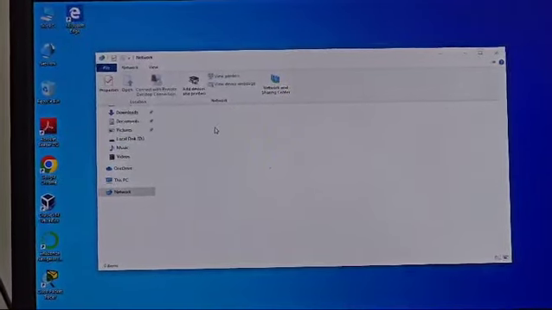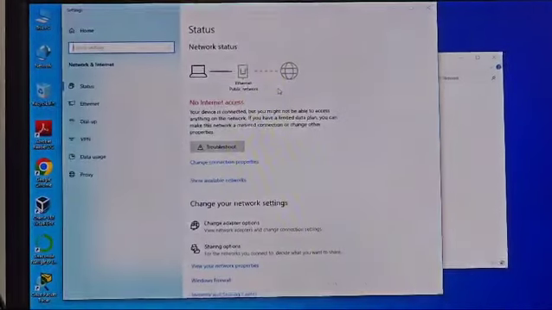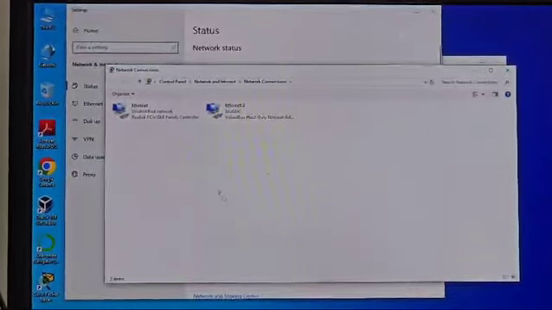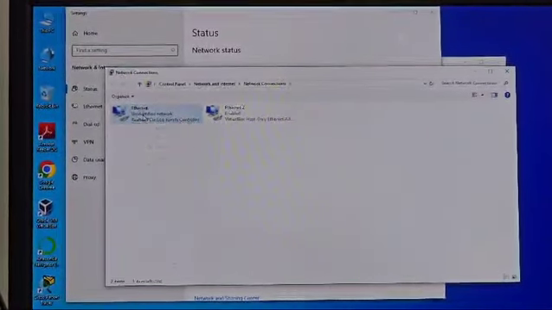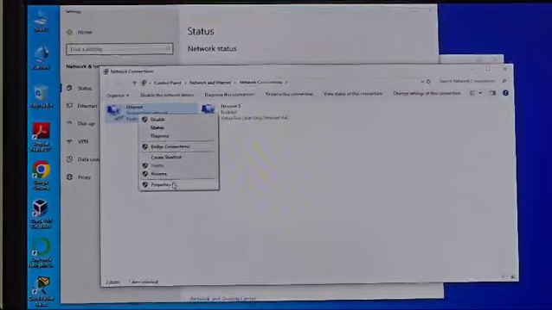Here you can see the network places. Go to Network and Sharing Center. Go to Change adapter options. Then you will get the icons of the network. Here you can right click and go to Properties. Here you have to select TCP/IP, Internet Protocol version 4.